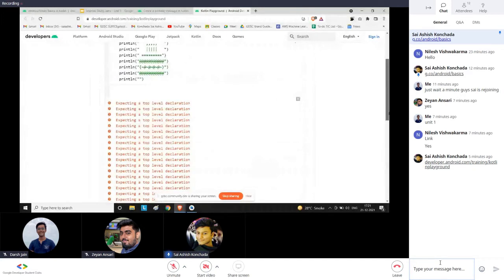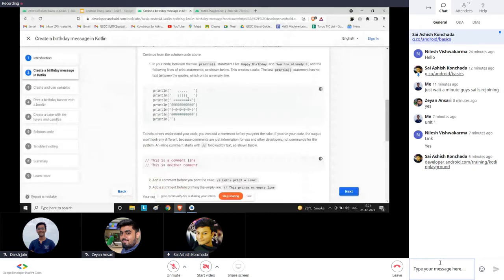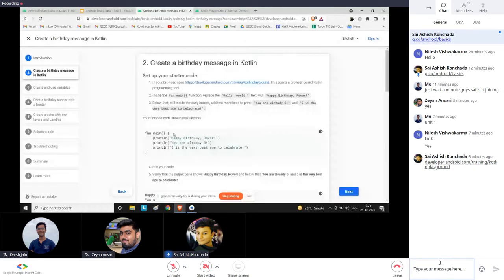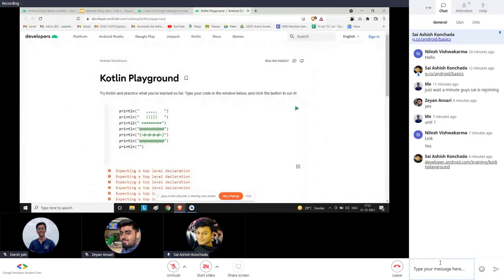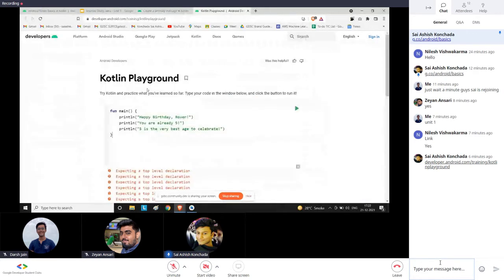Now what we're seeing is that a top level declaration is missing. Why is this missing? Because you have not declared the main function. So you have to always use this whole thing, okay? You have to put all the lines in your main function and then run this code. So when you're doing a code lab, just don't copy paste and run it. You'll always face errors like this. Make sure you read what it stands for, and then execute it.